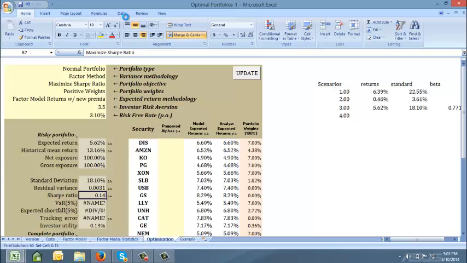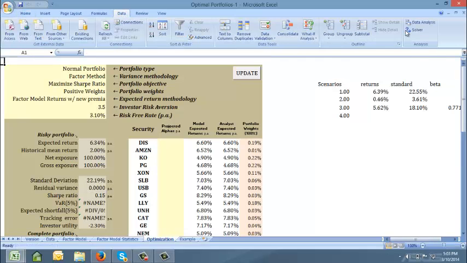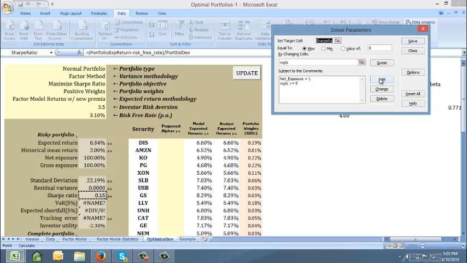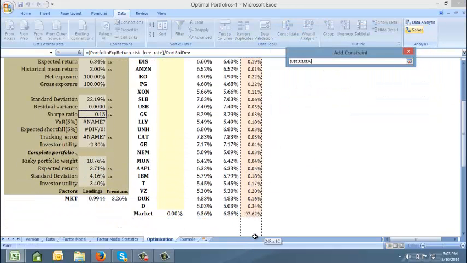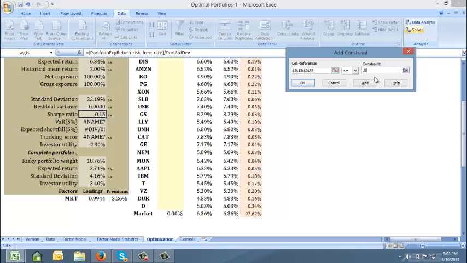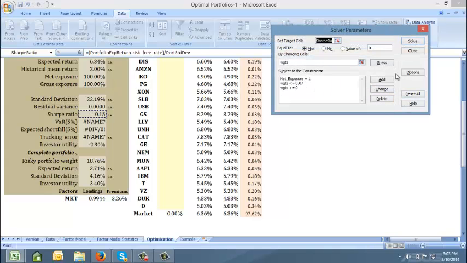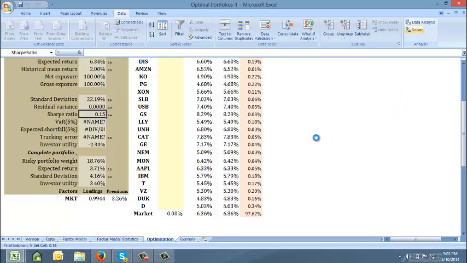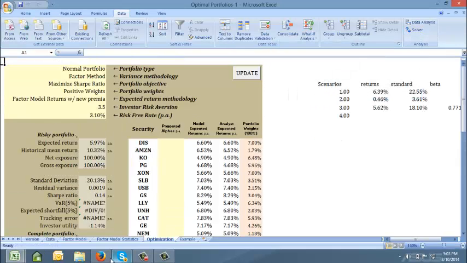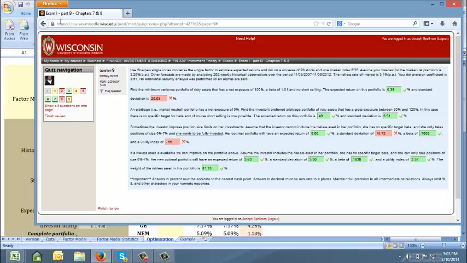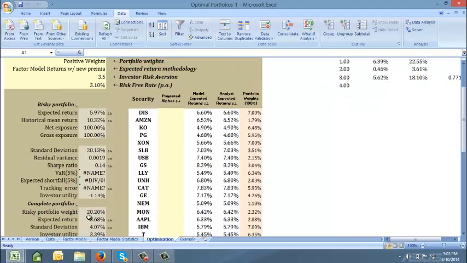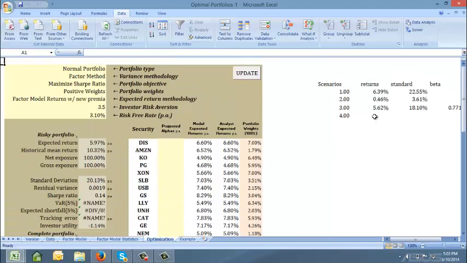To constrain the size of securities. They're all going to be between 0 and 7, so only one constraint: all portfolio weights. Alright, we're going to solver quick. We're going to add this. Okay. Solve it. Okay. If I look at it, we need to know the complete portfolio. So her new optimal portfolio will have an expected return of 3.68,